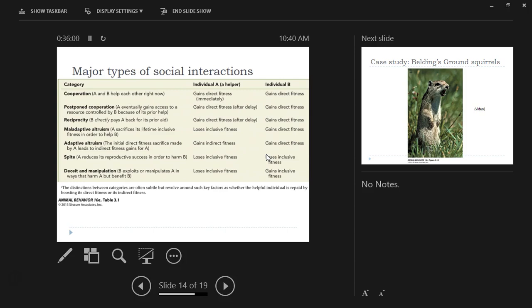True altruism would be what's considered here to be maladaptive altruism, where you are losing inclusive fitness and another is gaining some direct fitness from your actions. We don't tend to see that kind of thing very often in nature. In fact, if we think we're seeing it, we should probably be looking for other explanations, because it's very unlikely to ever be favored by selection, because you're just straight up losing fitness.